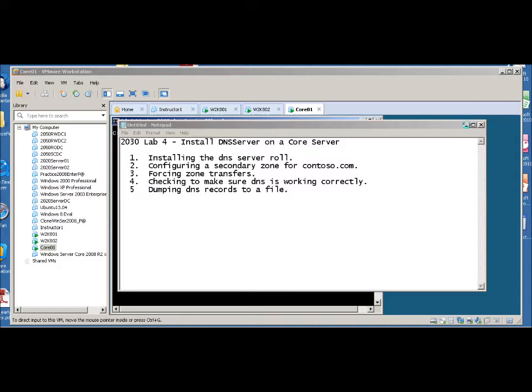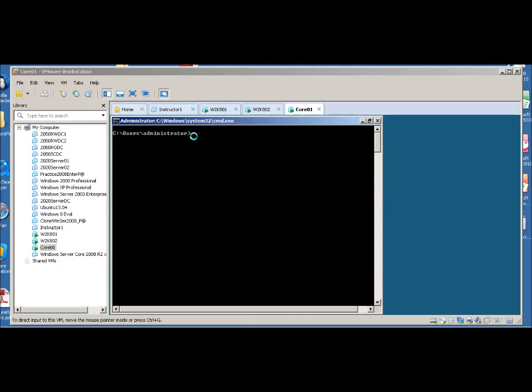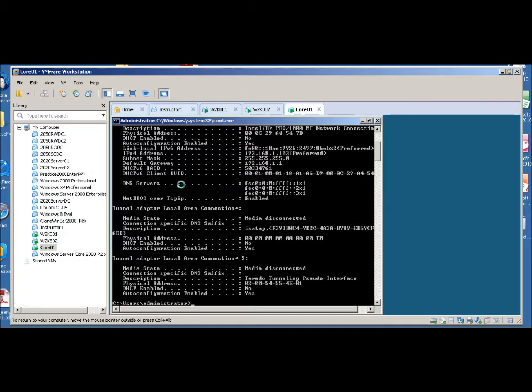So the first thing I want to do before we get started is check my DNS settings on my adapter card. So I'm going to do an ipconfig /all. And we notice here that I haven't got a DNS server set up in the core yet, so that's good. If you happen to have an adapter setting in there and were having trouble getting it out,